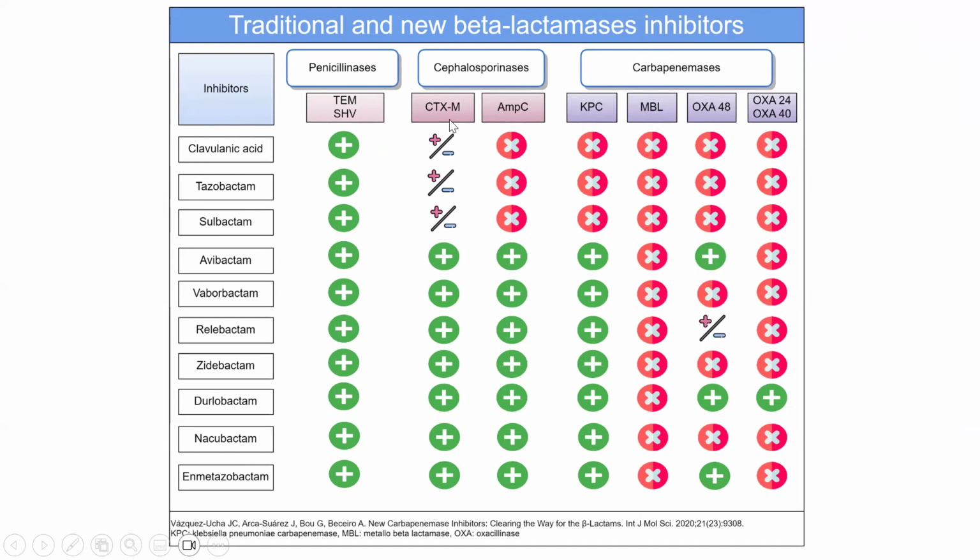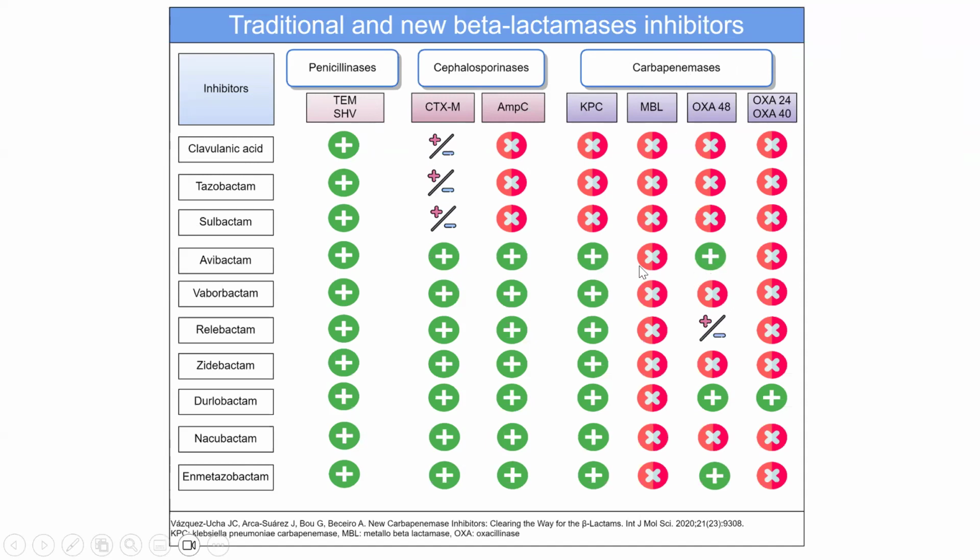They have some variability against CTX-M as a cephalosporinase, but they don't inhibit any of the AmpC or KPC or carbapenemase enzymes. For the new generation, avibactam inhibits penicillinases, cephalosporinases, and some types of the carbapenemases like the KPC and